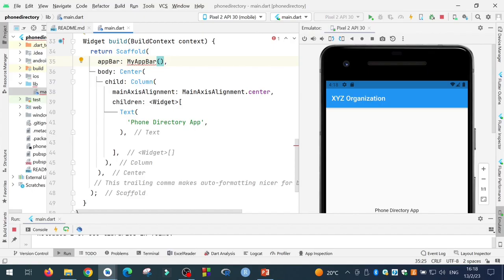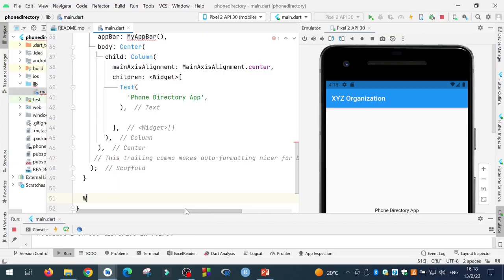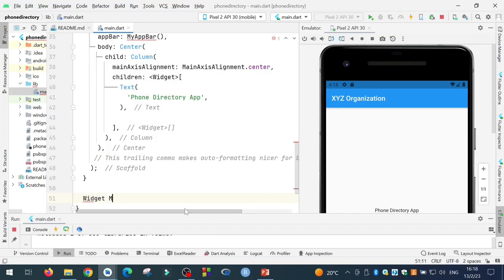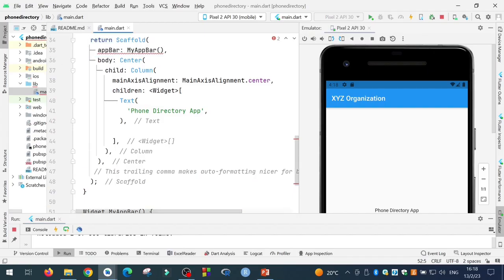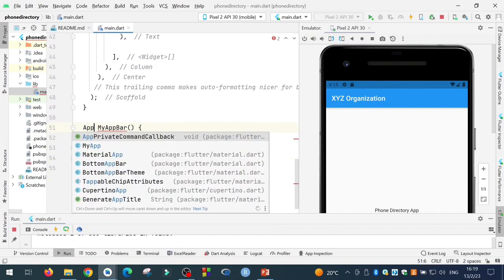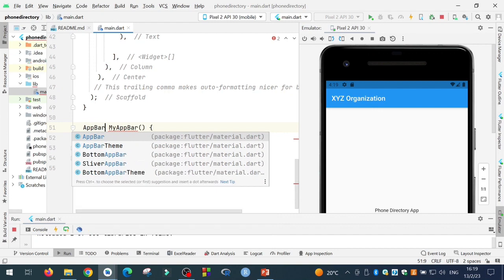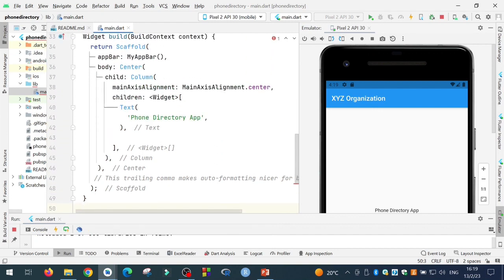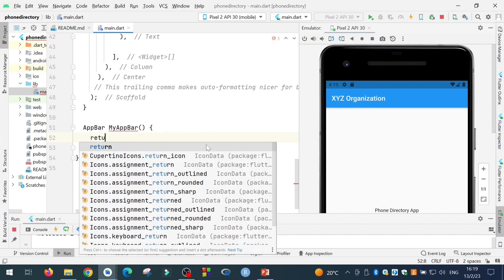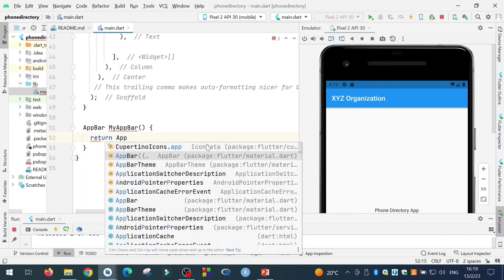For example, I will write over here my own function, myAppBar, and over here this is not actually a widget, but it is actually an app bar because the return type is an AppBar. So I will write myAppBar, and then I will say return AppBar,